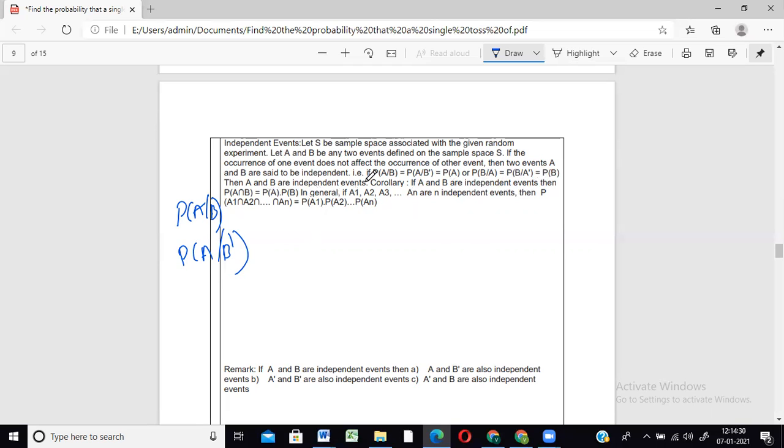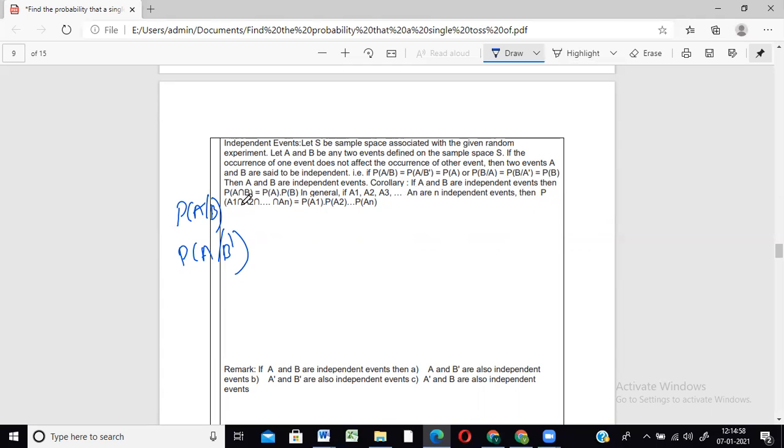It has become the opposite, alright? Now the corollary, as I said, corollary means small. Like you have a big theorem and then you have a corollary, meaning you are using the fact that the above theorem is true and then you're using it for some small thing that you have to understand. What is the corollary? You can write it in the next line. If A and B are independent events,